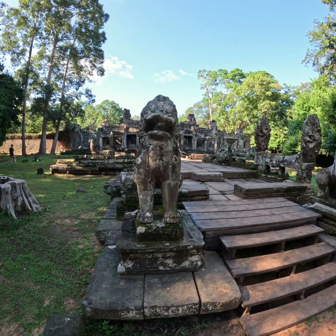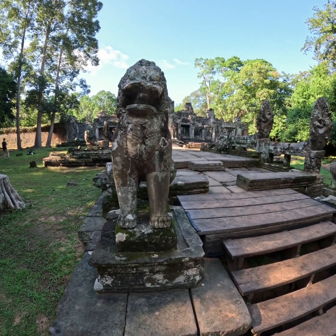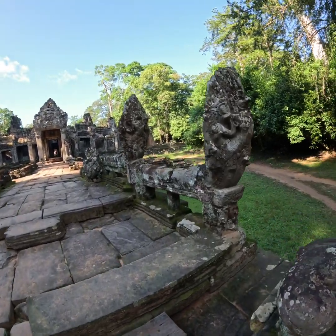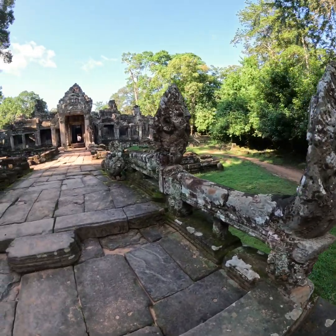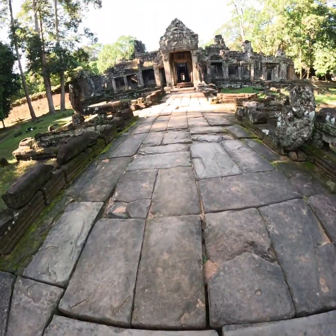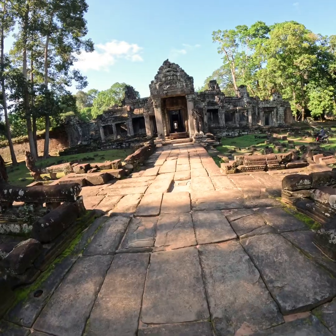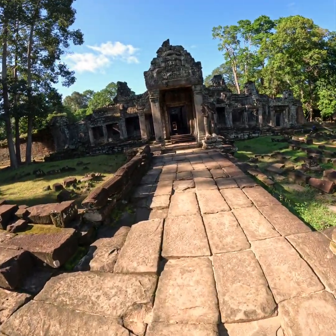So walking into the north entrance, a couple of lions each side, as well as smaller Garudas and Nagas. Over the moonstone steps, along the walkway, up to the entrance, which is guarded by